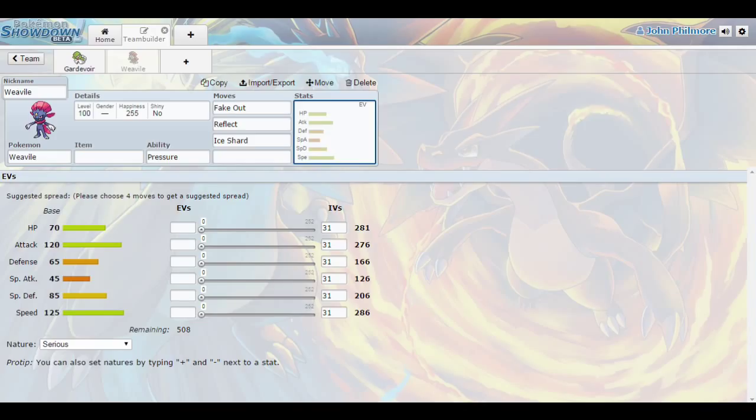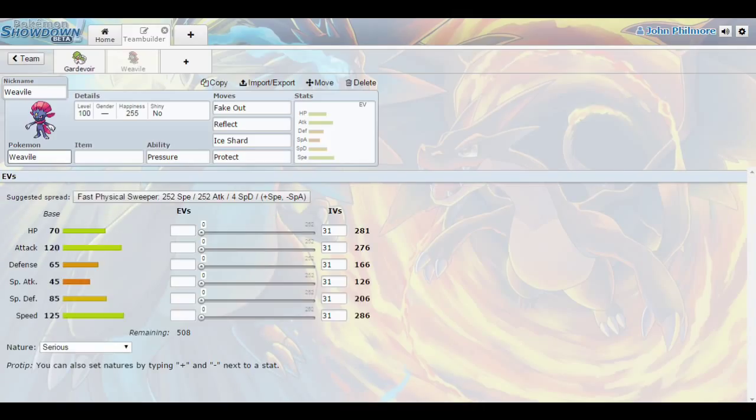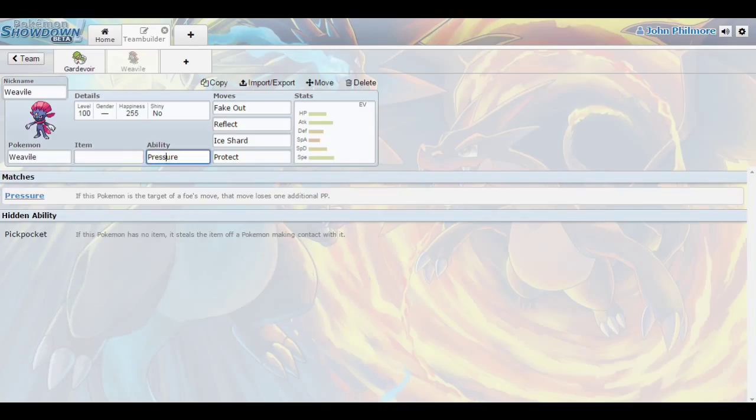And of course, I'm going to give it a Protect because I am not going to give it a Choice Scarf. You can, but I'm not going to. Now, your item really depends on your ability. There are 2 abilities, Pressure and Pickpocket. Now, Pickpocket can be handy. You need to kind of use it correctly, but it can be quite handy. So it really depends on